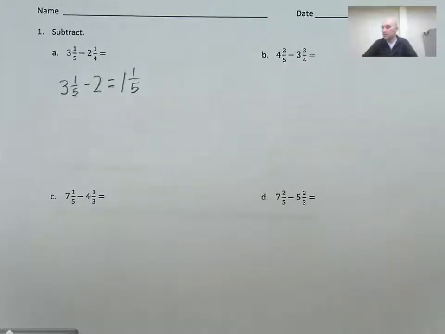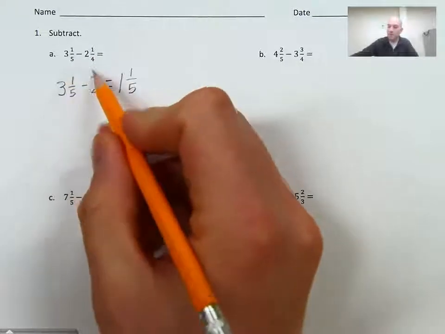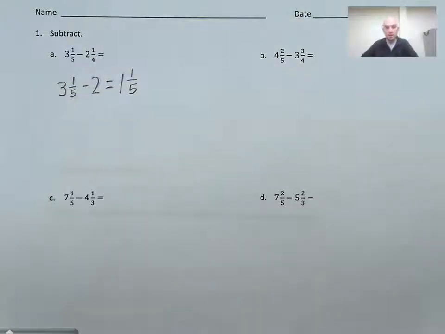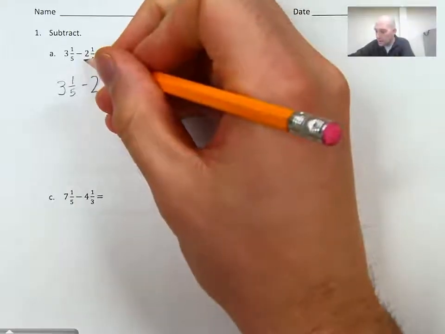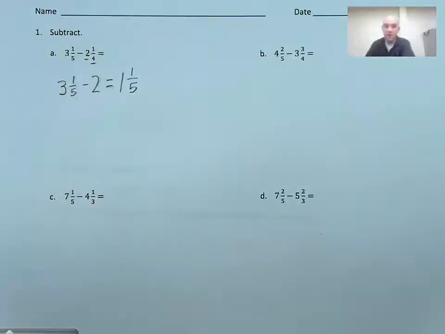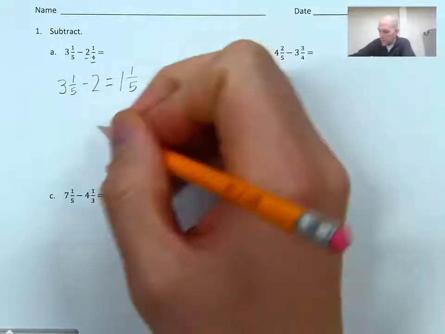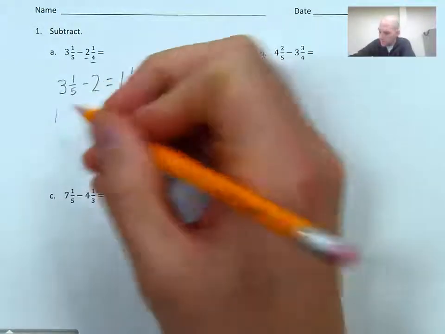I have already written 3 1/5 minus 2 equals 1 1/5. What I've done is I've taken that 3 1/5 and I've subtracted out my whole number. And it gives me 1 1/5. Now I need to subtract my fraction. So I have 1 1/5